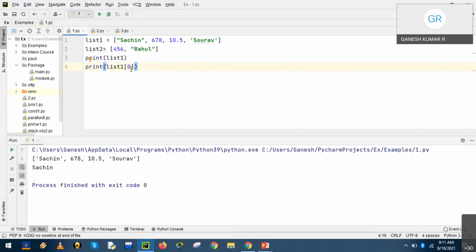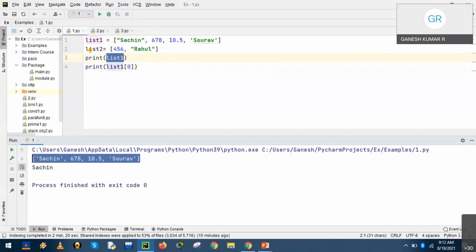So list1 of 0 is indexing. List1 of 0 represents the first element, indexing value 0, so it represents the string Sachin. You may notice that print list1 displays the complete details, the data members of the variable list1.